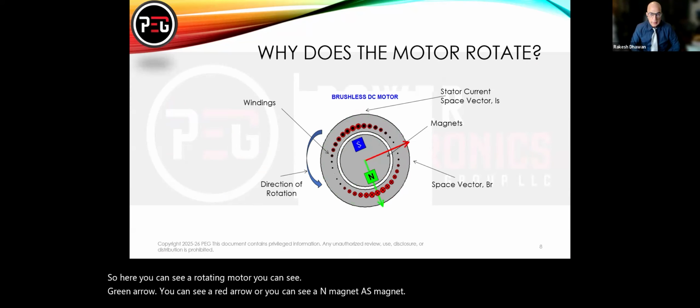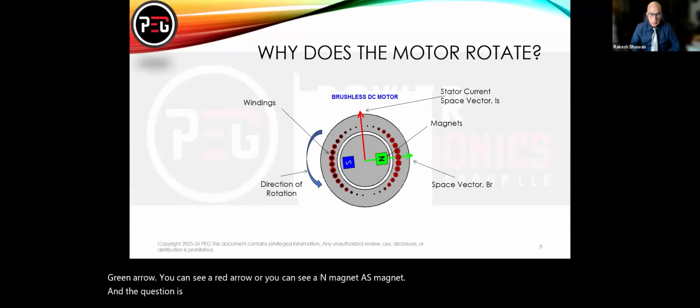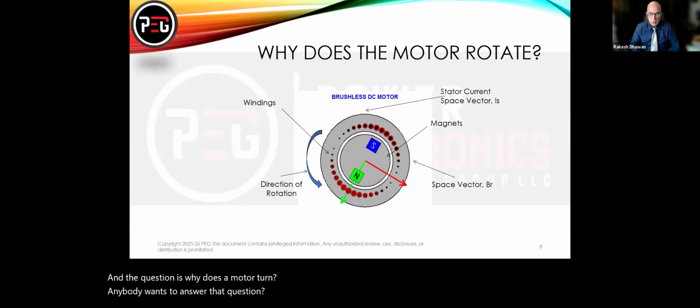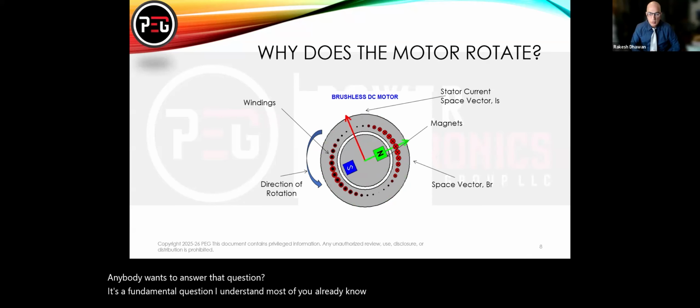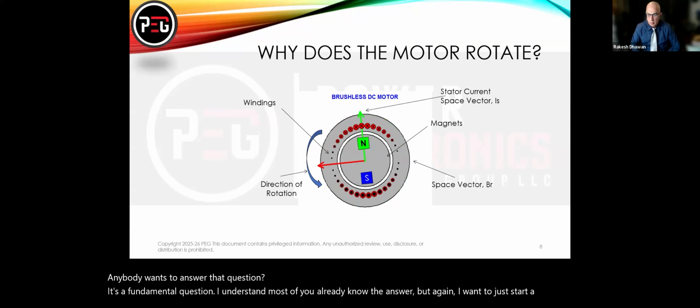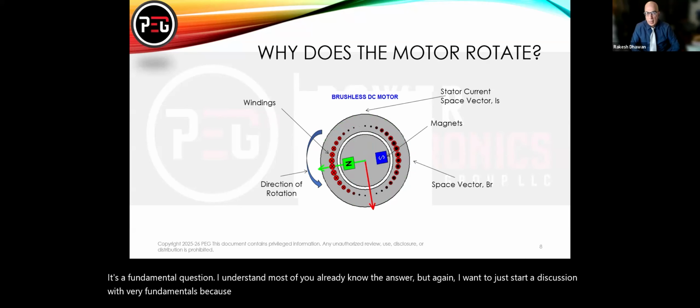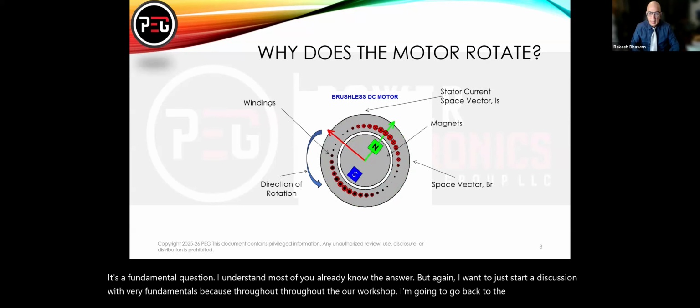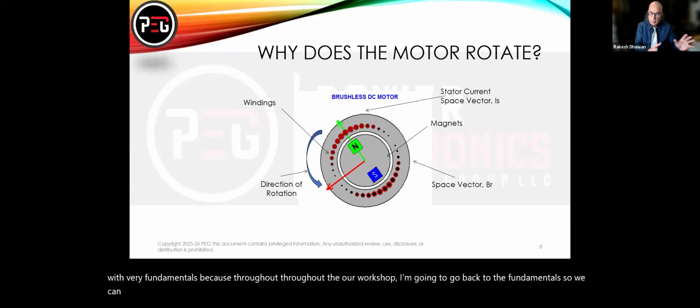The question is, why does a motor turn? Anybody want to answer that question? It's a fundamental question. I understand most of you already know the answer, but I want to start the discussion with the fundamentals, because throughout our workshop I'm going to go back to the fundamentals